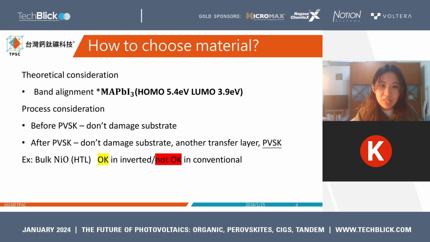And first, let me talk about how to choose a nice material. So theoretically, we should consider band alignment. Take MAPbI3 for example. Its HOMO is 5.4 eV. Its LUMO is 3.9. So we should choose an HTL whose HOMO is near 5.4 and choose an ETL whose LUMO is close to 3.9. Then we will get a bunch of choices. And if a material is organic,